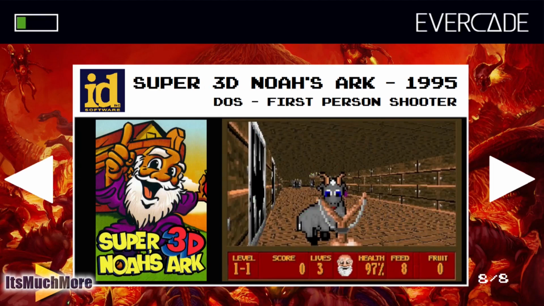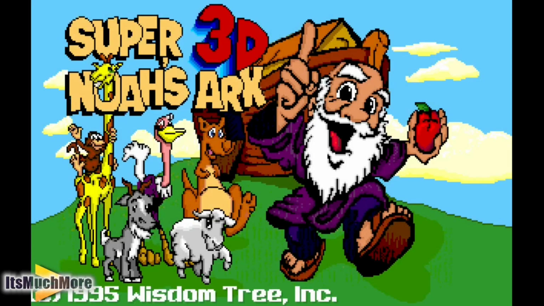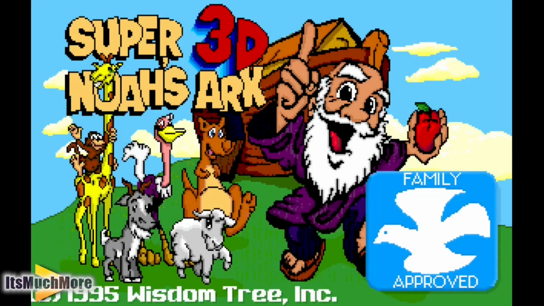Finishing off the list, we have Super Noah's Ark 3D, released in 1995, a first-person shooter game, and more of a friendly one, using the Wolfenstein 3D style engine. So yeah, you just have to use your